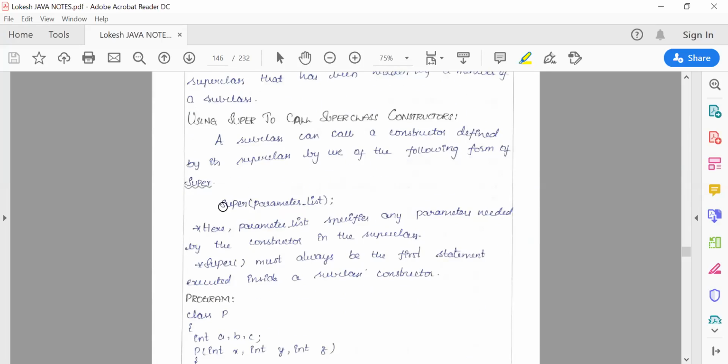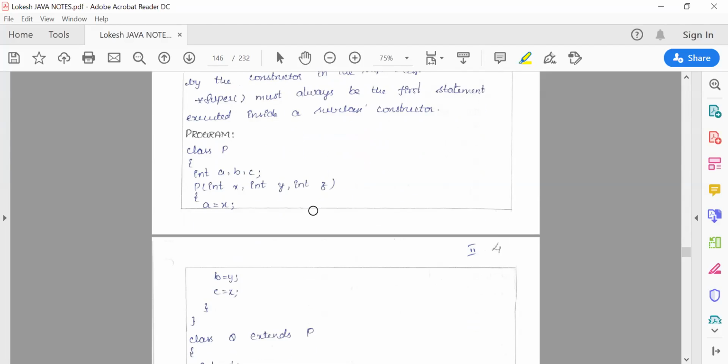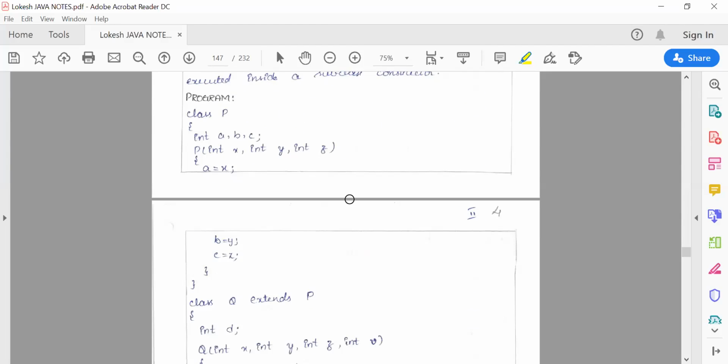You can refer here. This is the syntax of super. You're supposed to use the keyword super followed by parentheses in case you're trying to call a superclass constructor. In case you're trying to call a member which is hidden, just use the word super without any parameters. Since we need to call a superclass constructor, we use the keyword super to represent a constructor call. Here at the bottom you can see an example.